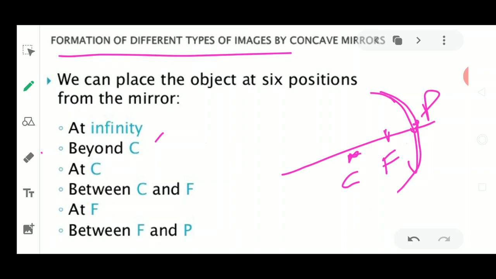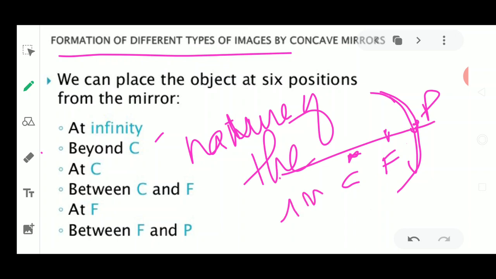Now if the light ray is coming from infinity, meaning the object is placed at infinity and the light is coming from there, then where is the image going to be formed? And if the source of light is present at the center of curvature, then where is the light ray going to strike, and what types of image will be found once it is placed at different positions? It is very definite that the position of the image is going to decide the nature of the image being formed.